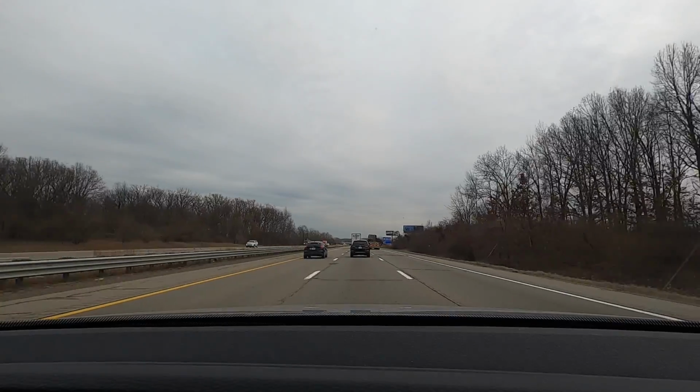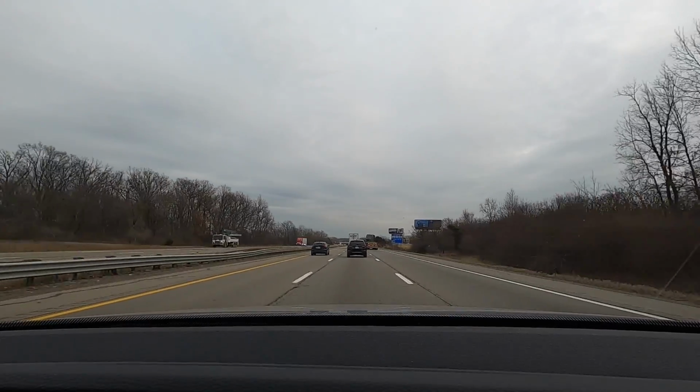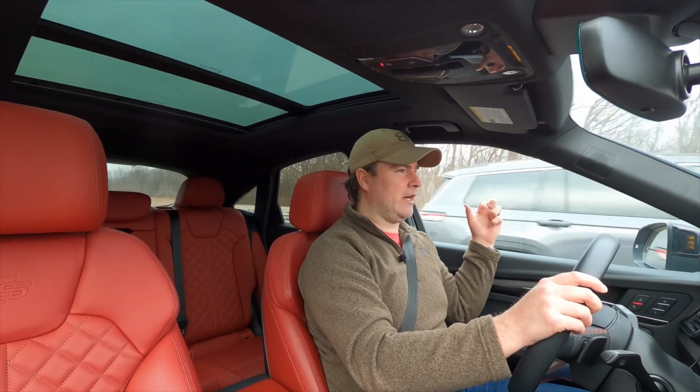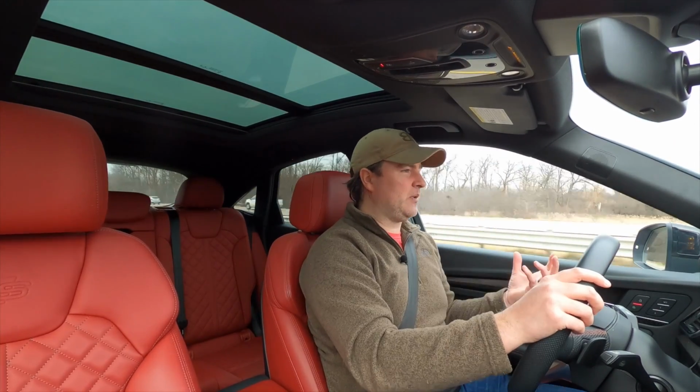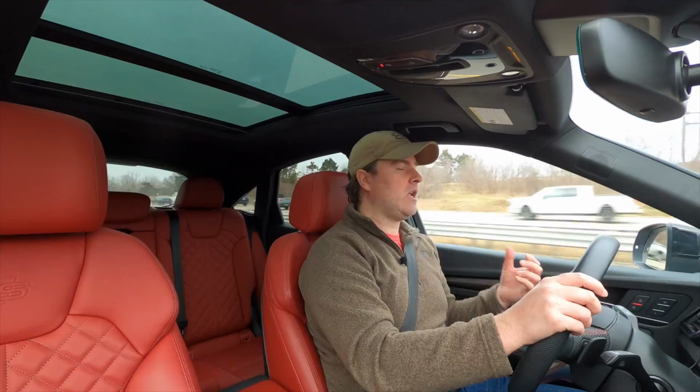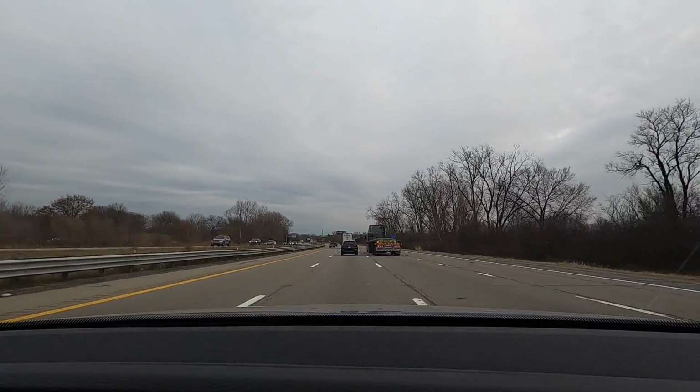And I will say right away that the noise in the cabin is fantastic. We do have that acoustic glass on the front side windows, not just the windshield, so that helps keep some of the wind noise out for sure. And this generally is a really nicely isolated cabin. I do hear a little bit of wind going around the side view mirrors and things like that, but it is highly muted. Also, road noise is nice and quiet as well,